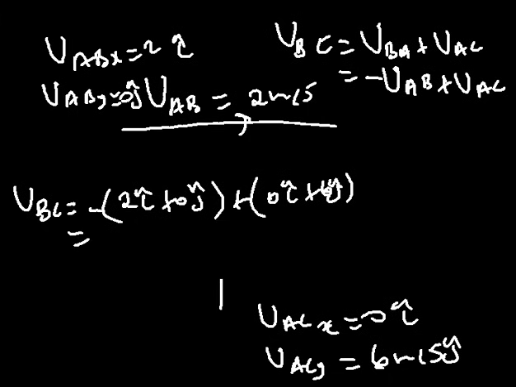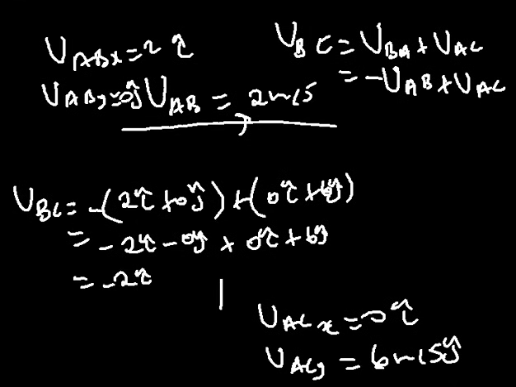Then I'll have to distribute the negative. We'll have negative 2I minus 0J plus 0I plus 6J. We should combine the J's together, so we have negative 2I plus 6J. That is VBC